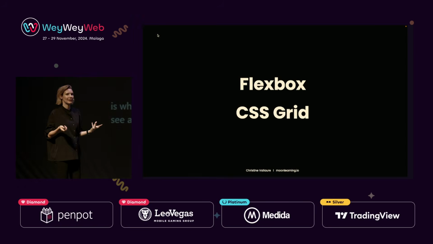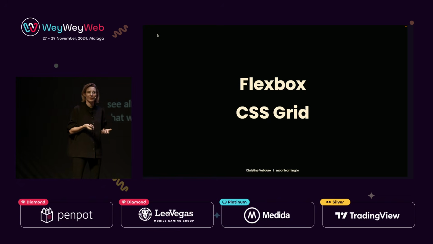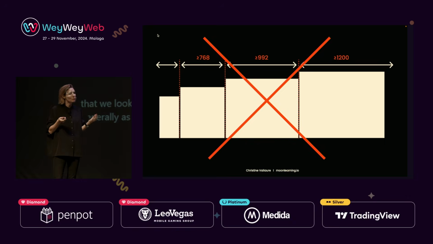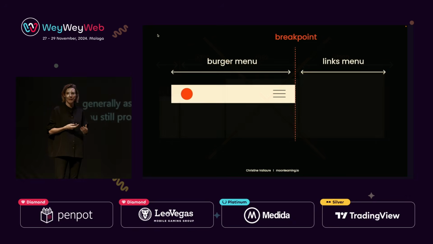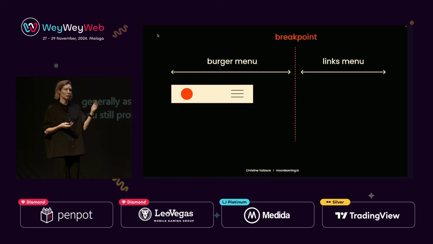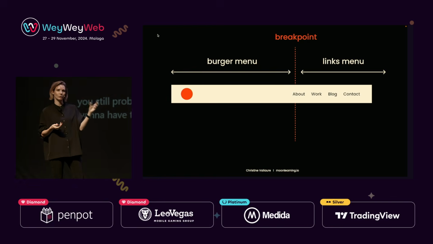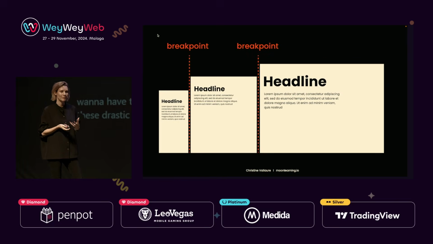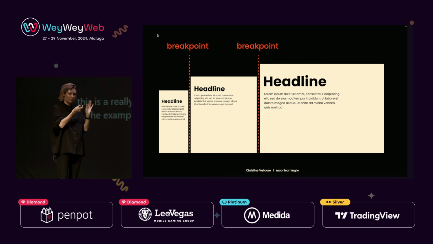But what happens in our approach that we looked at? What happens with CSS Grid and Flexbox? Generally, as you saw, we don't really need these breakpoints, but you still probably want to have some here and there. You might want them to change your components, like I showed, for these drastic changes, and also for your typography. This is a really important one, and even though you can, as you saw in the example earlier, handcraft this all and make these breakpoints, especially to where the little nitty-gritty breaks,